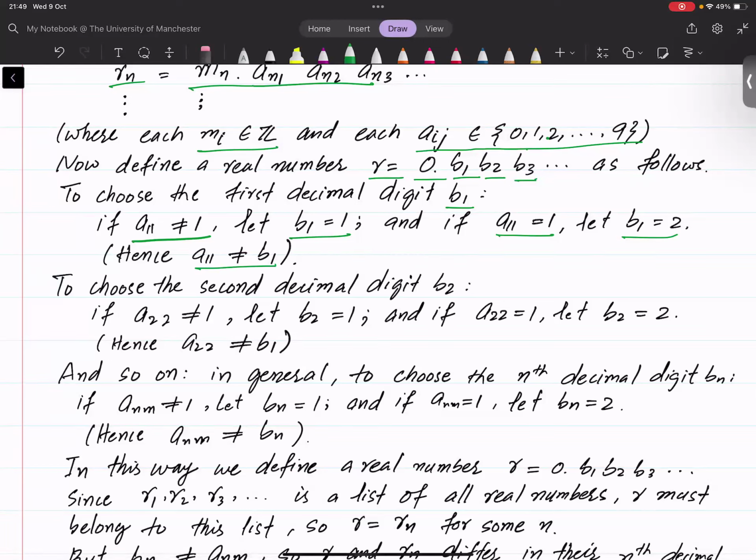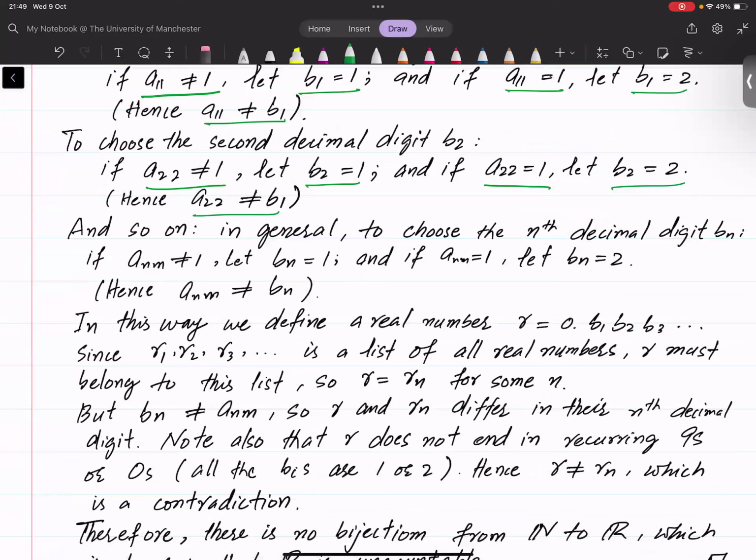Similarly, if A22 is not 1, B2 is 1. And if A22 is 1, B2 is 2, and hence A22 is not equal to B2. And so on, up to Ann is not equal to Bn. In this way, we define a real number, this real number R,